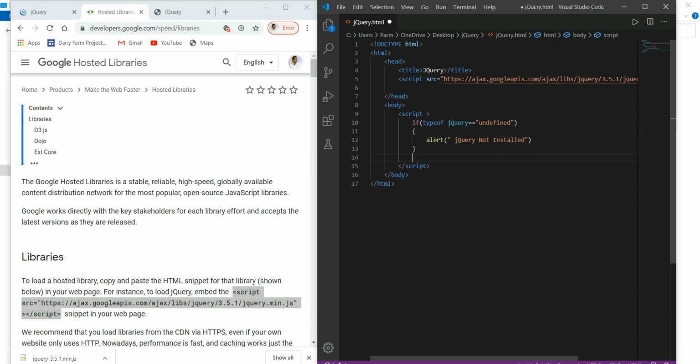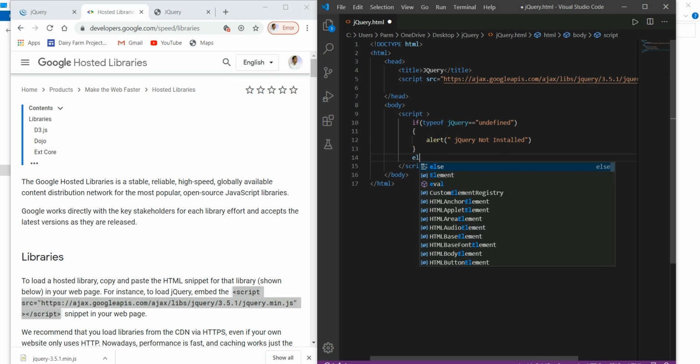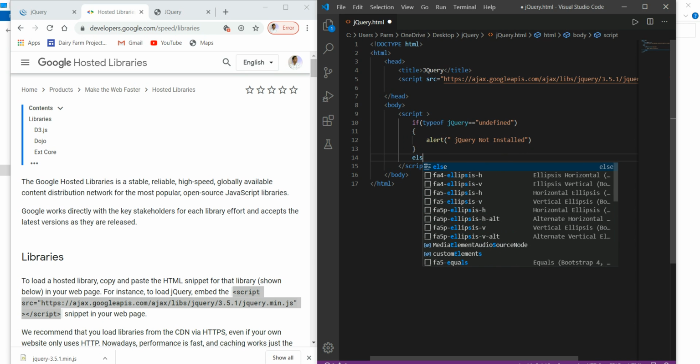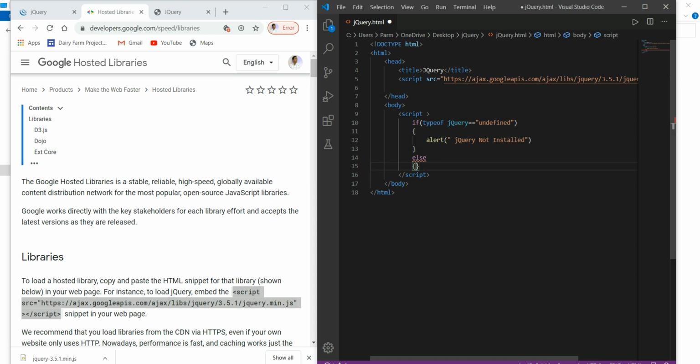Else, if it has a certain value or is defined, then it will prompt us with the message that jQuery is installed and correct.